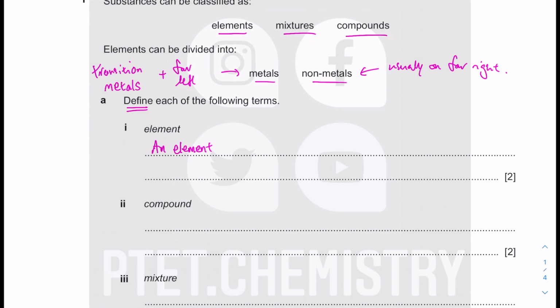That's because they only contain one type of atom. So an element is a substance containing only one type of atom. So there's only one kind or one type of atom, and it cannot be broken down